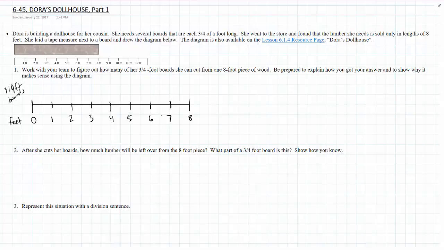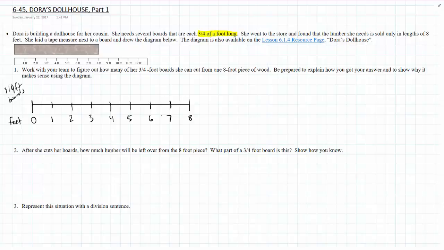Okay, so Dora's dollhouse problem. Dora's building a dollhouse for her cousin. She needs several boards that are 3/4 of a foot long. Okay, so that's kind of the key here, and that's what's going to confuse a lot of us. She needs boards or pieces of wood that are 3/4 of a foot long, not a whole foot, but 3/4